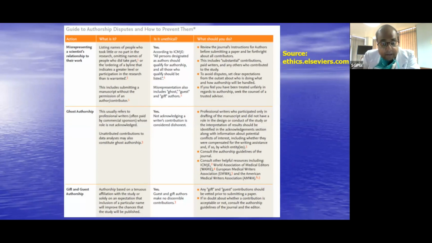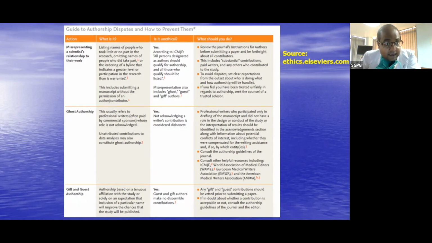So one of the grave mistakes people sometimes make is that they miss out authors. Generally, you have seen corrigendums or even retraction of papers when the corresponding author missed the name of a very important person who had contributed significantly to the work. It may be by mistake or it may be intentional. But if that person sees the research and writes to the editor of the journal, you may have to retract your paper or do a corrigendum and include his name. So you have to be very careful when you write the author list of any research article.